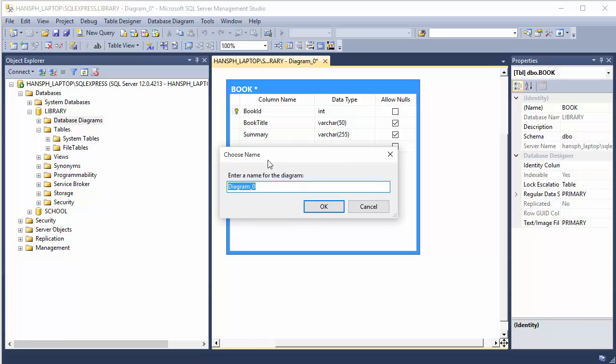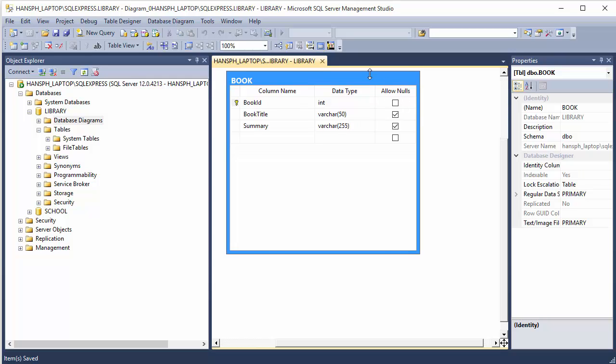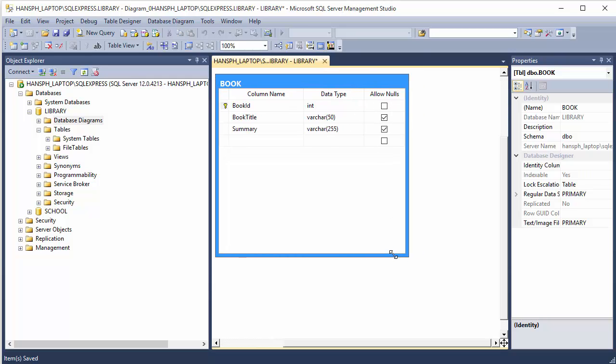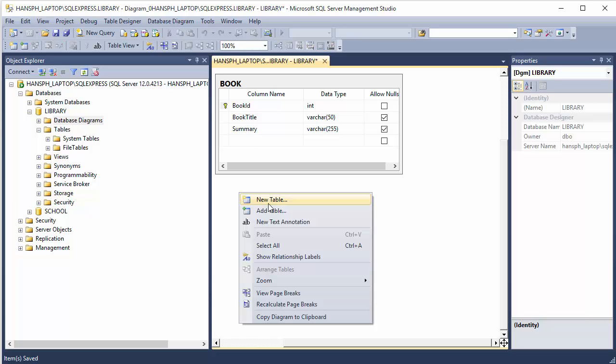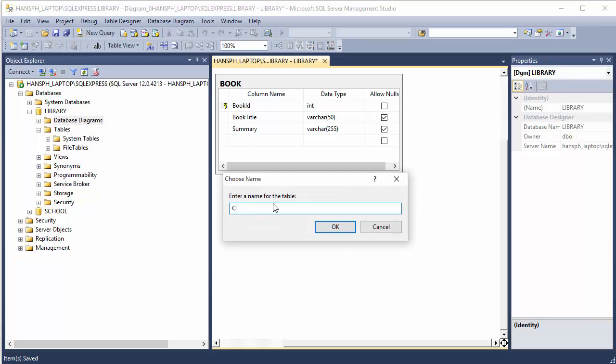and you save it. You also need to save the diagram, so we could just call the diagram library like this, and then now we have created the book table, and now we want to create the chapter table. So let's right click, new table,